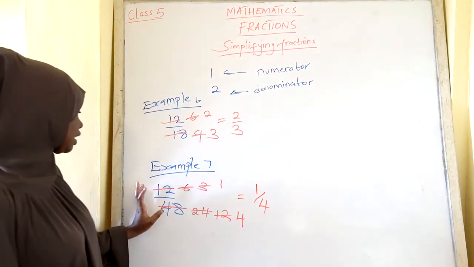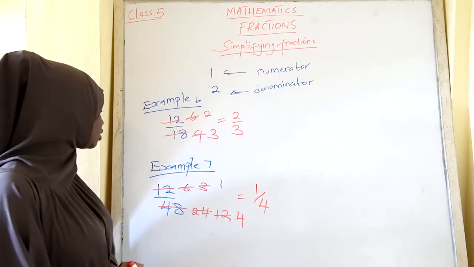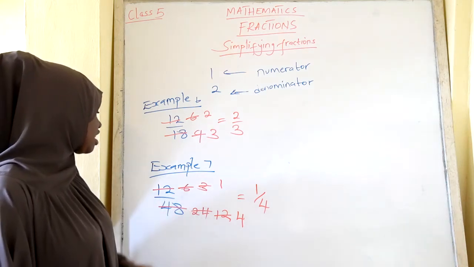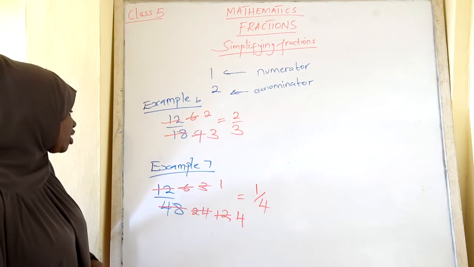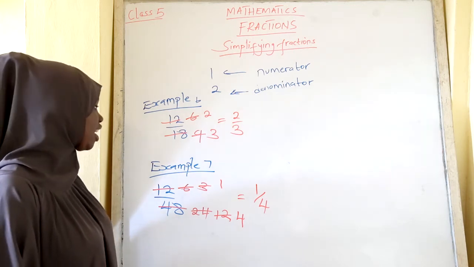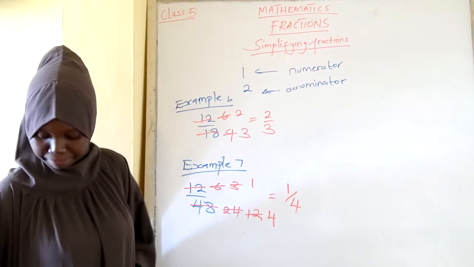So we are seeing this fraction has more than two common divisors. So you should not leave it there. You should not leave it hanging. If it can be divided further, make sure you divide it. Our next example,